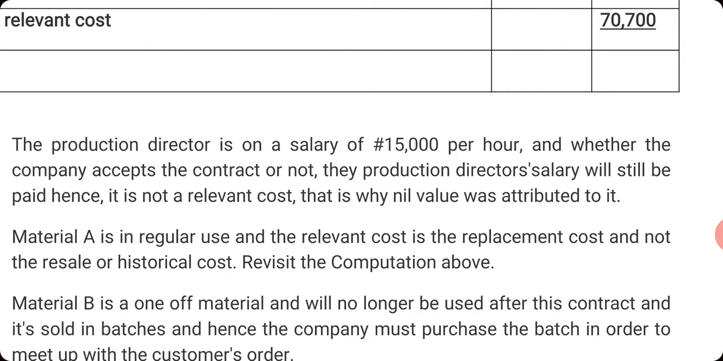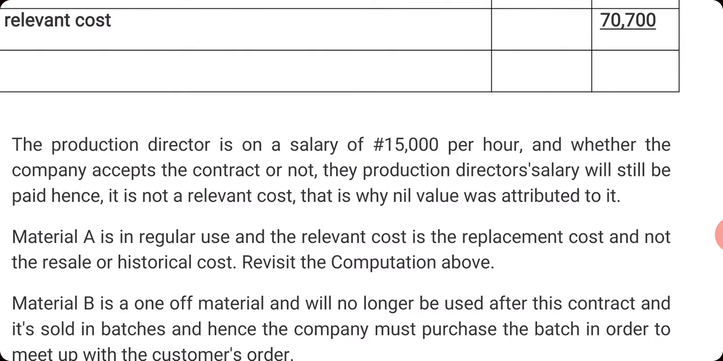That is why nil value was attributed to it. So now, the production director is already paid a salary. Once you are on a salary and you have spare time, you can do other work for us. It mustn't be what we employed you for. So since he has spare time, that he uses in reading newspaper every day while in